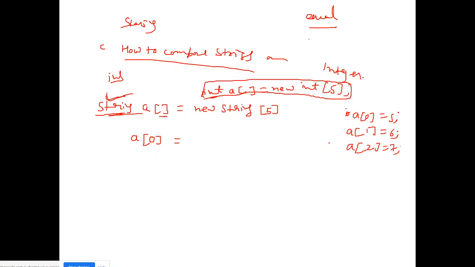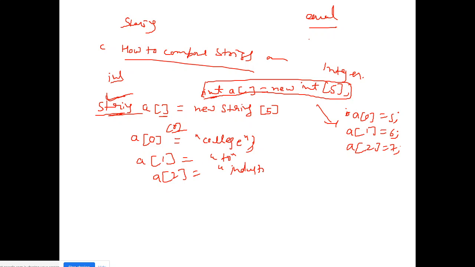Whoever completed the assignment will be able to understand, I hope. Here I was doing it for integers, but here I have string values. a0 is equal to college, and the array always starts from 0, as I told you yesterday. a1 is equal to college 2, a2 is equal to industry.